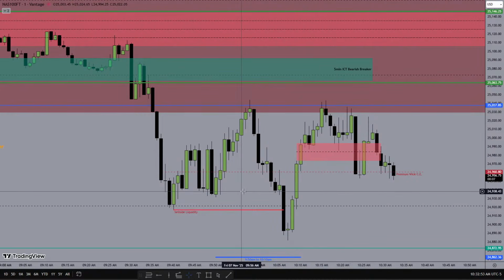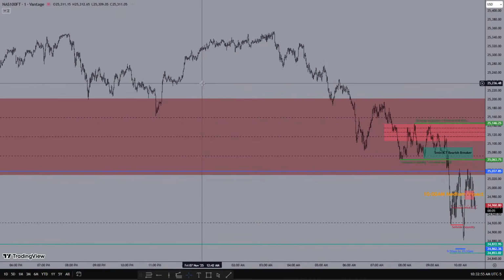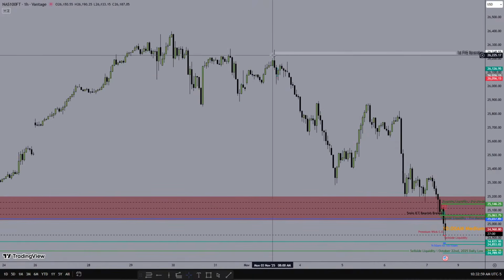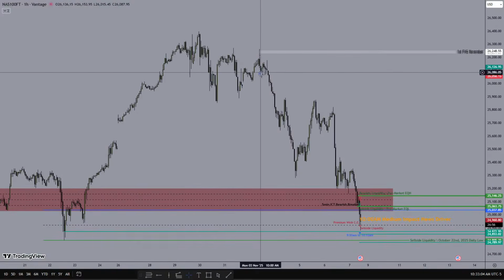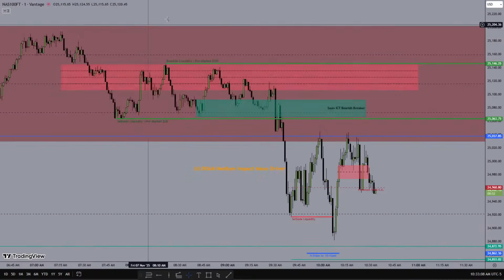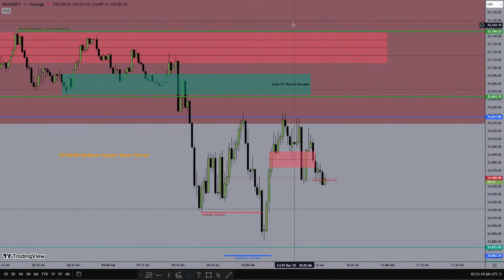Very, very, very bad. I mean, you cannot expect anymore. I mean, look at the structure of what we have done all week. Look at this. Ever since Monday, look at that. One-sided expansion lower. So it's reasonable to see some sort of consolidation, because from consolidation we go to expansion to consolidation.